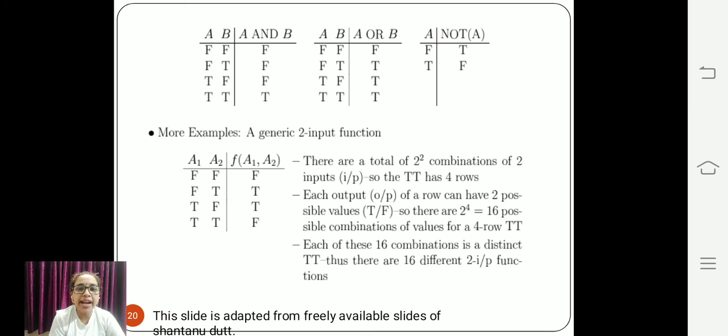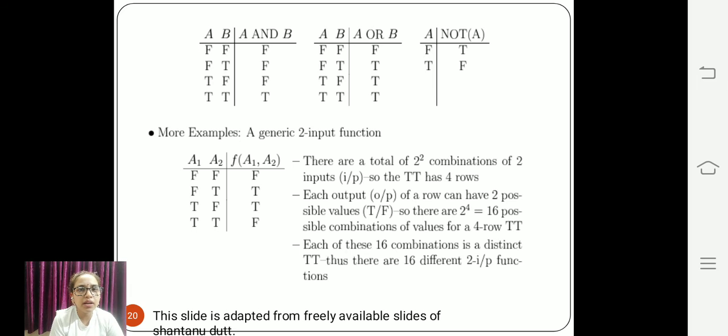Okay. If AND gate, AND means it is nothing but a function or operation of multiplication. If I consider false as 0, 0 multiplied by 0 is always 0, so that's why it is false. 0 multiplied by 1 is also 0, so the resultant is false. 1 multiplied by 0 is 0, so I have written here false. 1 multiplied by 1 is 1, so I have written here 1.